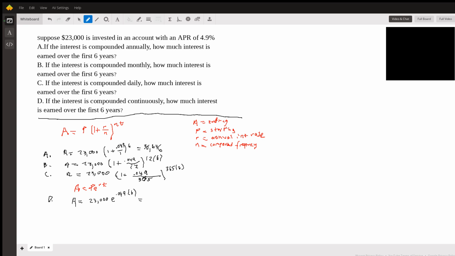I'll go on my calculator and get e to the 0.049 times 6. That's giving me 1.34 something. I'll multiply that times 23,000, and I'm going to get